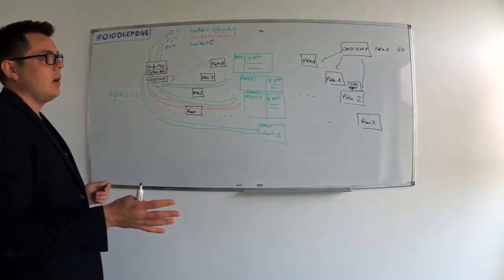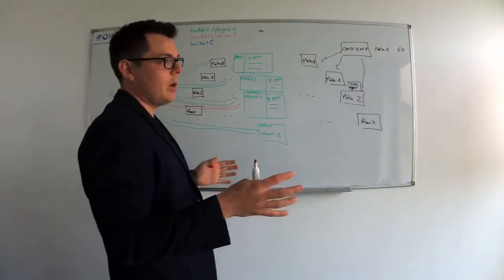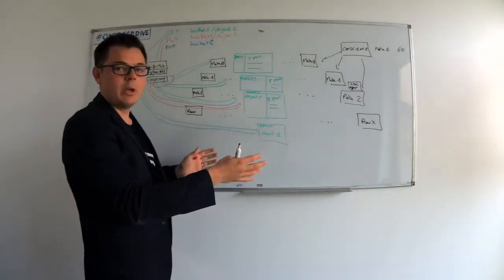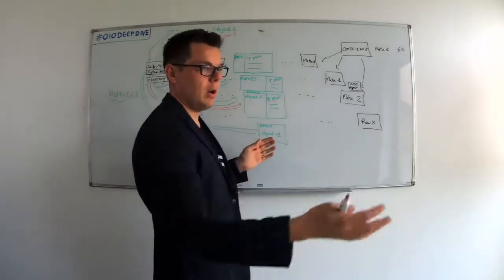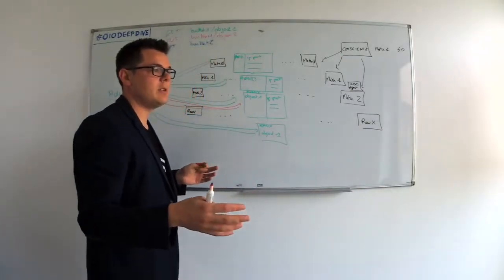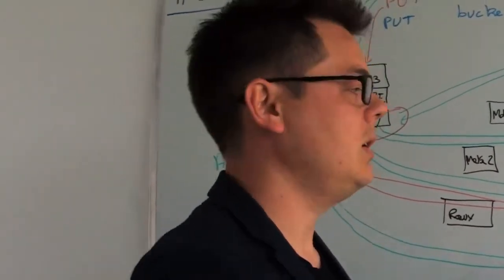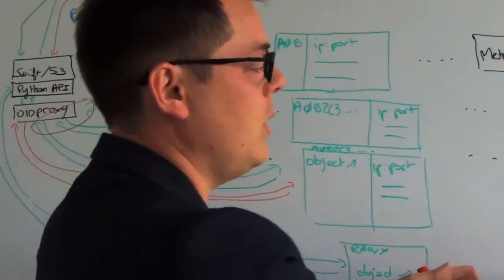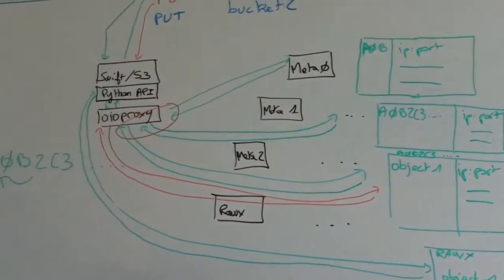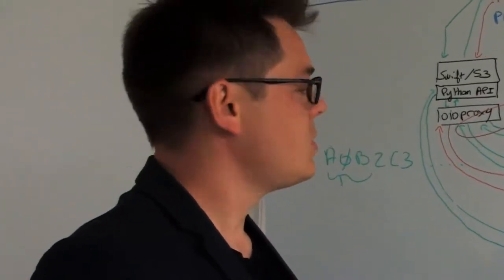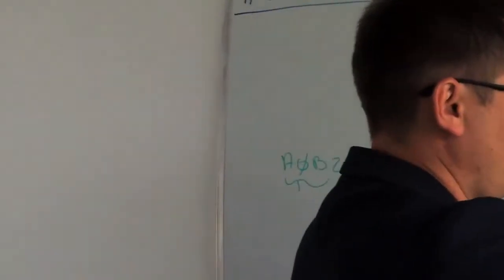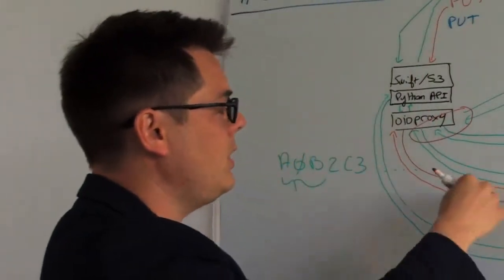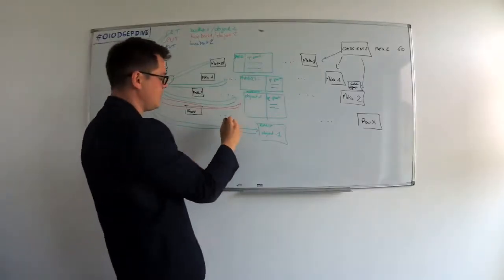In fact, the Meta2 will give, if we are in a 3-time replication mode, probably 5 ROIX services, because it's a kind of spare ROIX. In case you want to put your data somewhere and it fails, you will have other ROIX to retry your request. So, again, 3-time replication mode, so we'll have 3 different ROIX services to store the data.